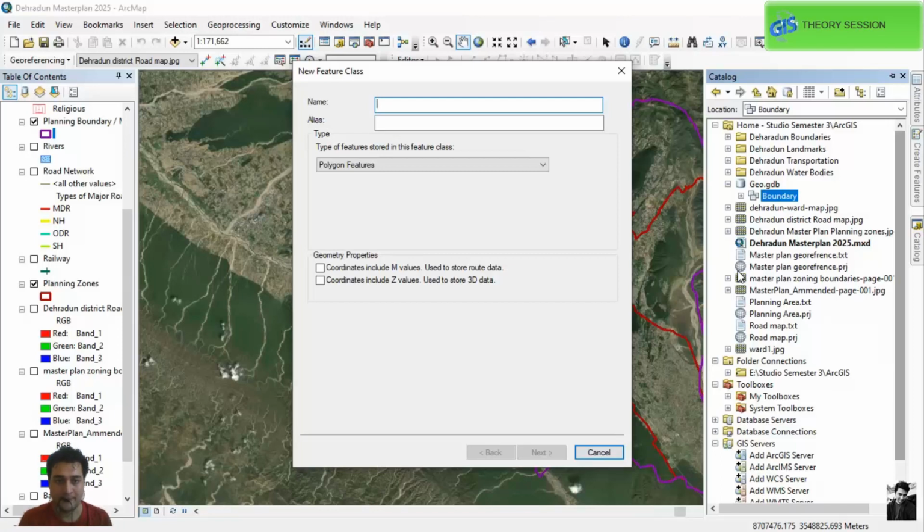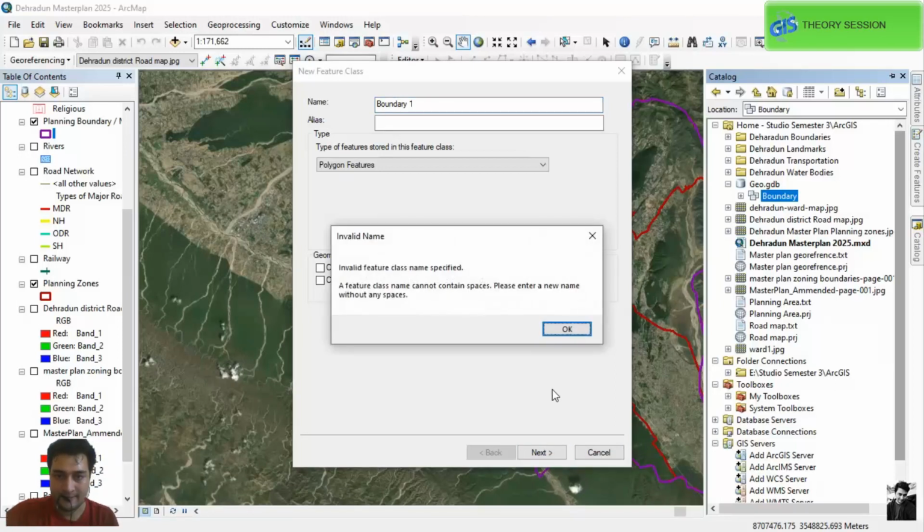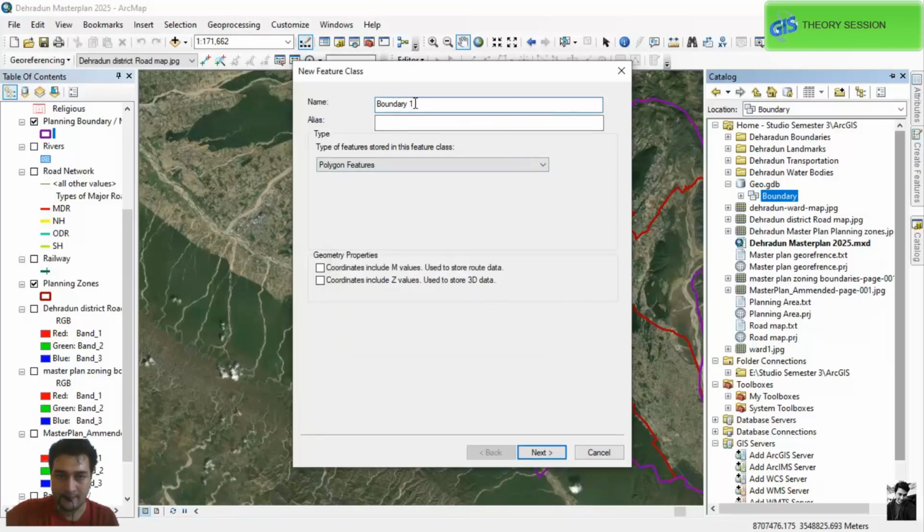So we can define those multiple boundaries over here within that single dataset. So let's keep the name like boundary one. Let's just keep an alias, with no space needed. Over here let's just keep it B1. Polygon, yeah, boundaries should be polygon.